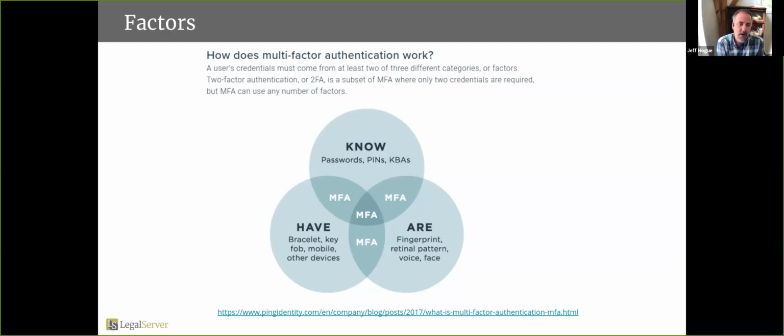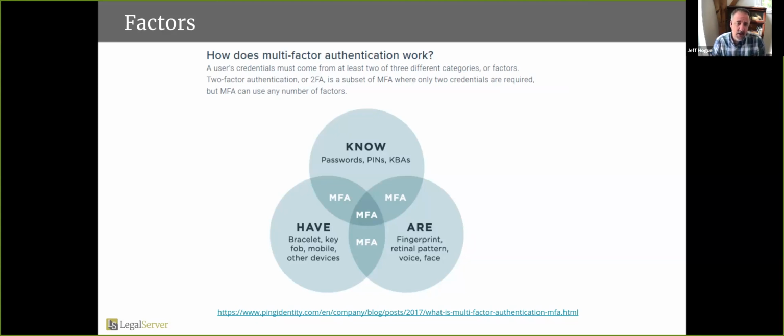There's what are multi-factors. I kind of just like the way this rolls off the tongue. They're things that you know, or things that you have, or things that you are. So you are a person with eyeballs, probably, who has a retinal pattern that's supposedly unique. Apparently voices and faces are pretty unique, and you've seen those as methods to unlock devices like mobile phones.